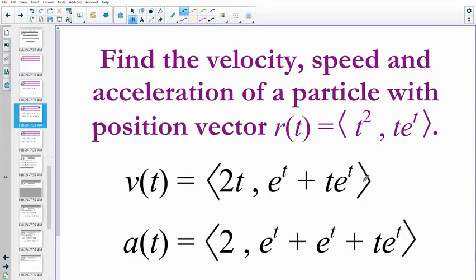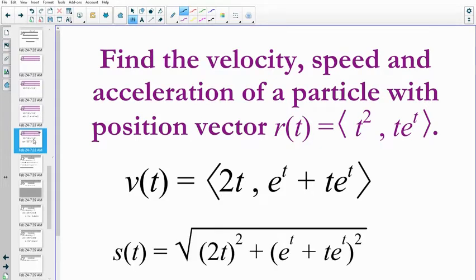So the derivative of 2t, the derivative of e to the t plus t e to the t. And I suppose I could combine those together and say that e to the t plus e to the t is 2e to the t, but I left it as is. And then the speed, the magnitude of the velocity vector. To find the magnitude of a vector, to remind you, especially those of you who haven't done this in a while, the magnitude of a vector like this is just the square root of the sum of the squares of the components. So the x component squared plus the y component squared, and take the square root, and this is your